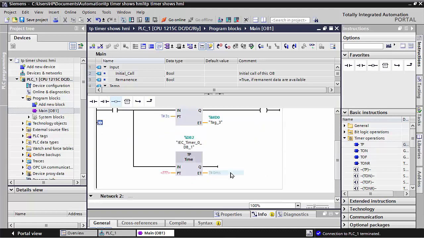It can be put the same, but if we put it here, this is better. And I put this one Q0.1,